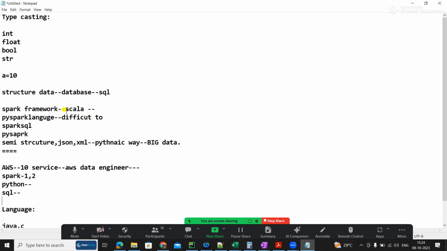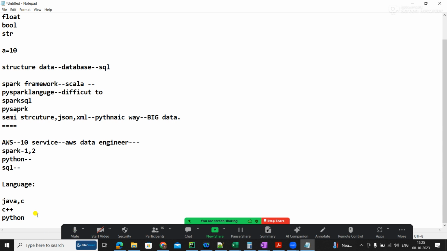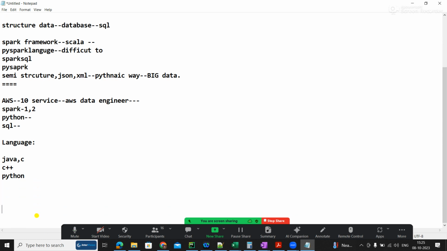Spark can be done in many languages, even in Scala, Java, and all. PySpark, all the companies use. 80% of companies use it, and it's very easy. So there is no point in you learning Scala and doing Spark these days. Let us come back to our thing. All this is helpful. Just know all these things. That is what I am trying to say.